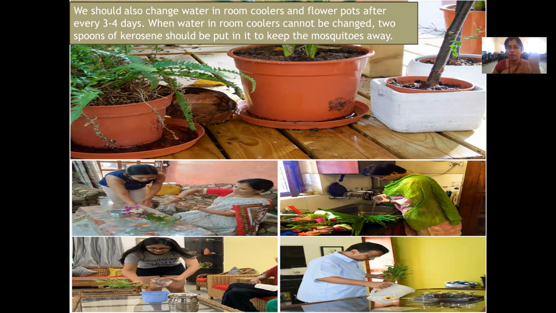Now, when it comes to our houses, when we overwater a plant pot, below the pot there is a plate which accumulates all the excess water. What are we supposed to do for that? We have to keep changing that water regularly, so that it does not attract insects.